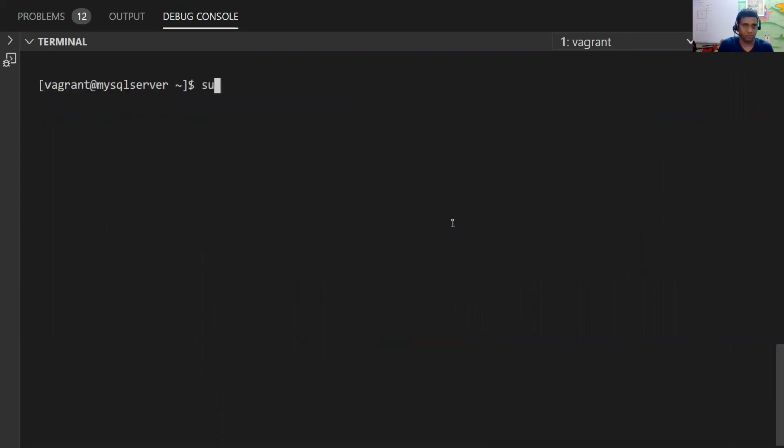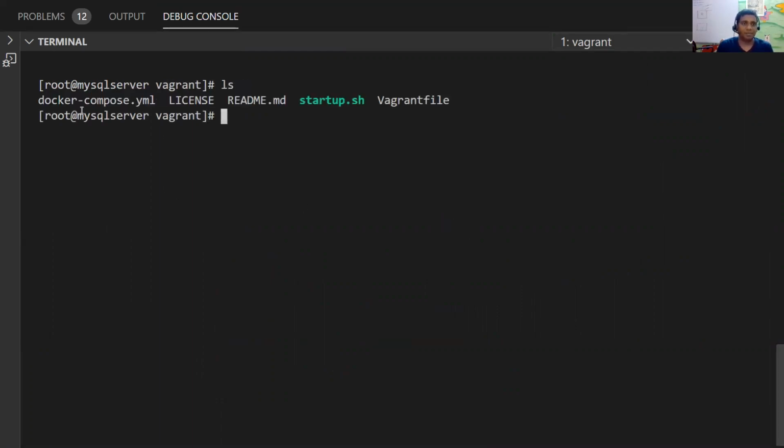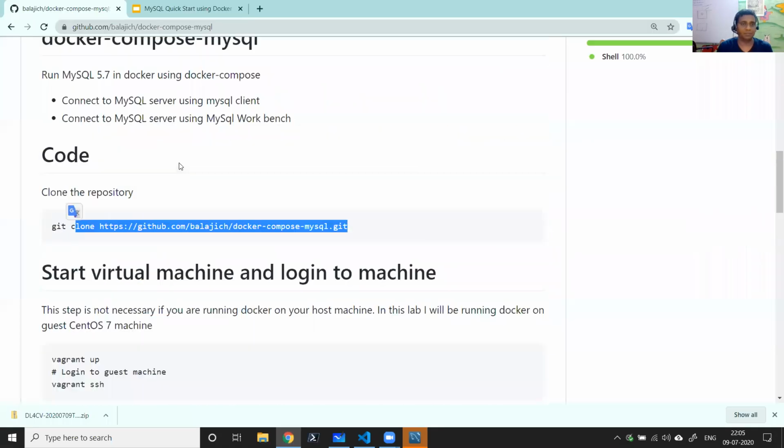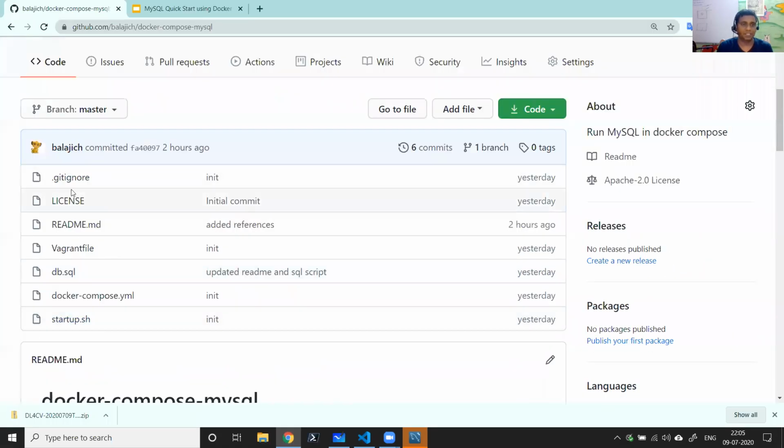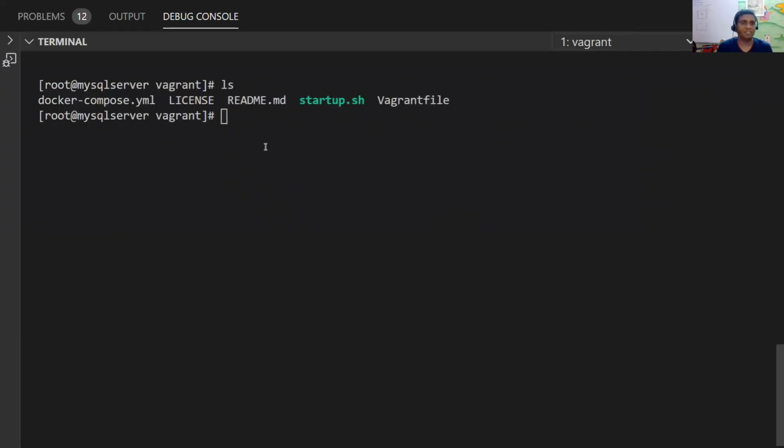Now let me switch to root, and I'm going to a folder called vagrant. This folder holds the files present in my GitHub repository. If you clone my GitHub repository, these are the same files here.